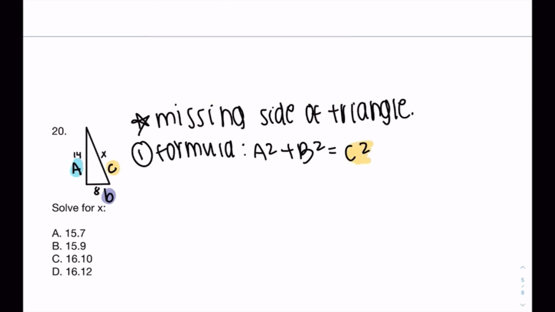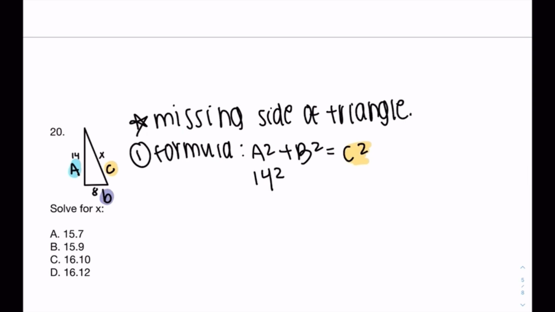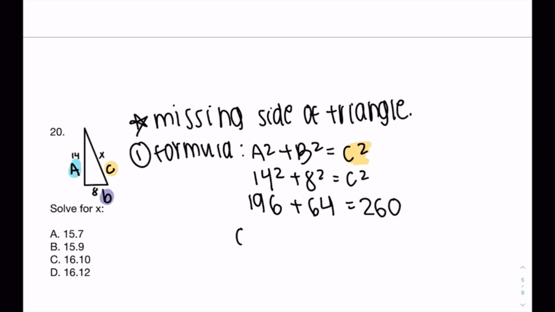Alright, so let's go ahead and fill in those blanks. We have 14 squared plus 8 squared is going to equal c squared. So we'll type in the calculator 14 squared, which is 196. 8 squared typed in the calculator is 64. And 196 plus 64 is 260. So since that is c squared, of course, we always